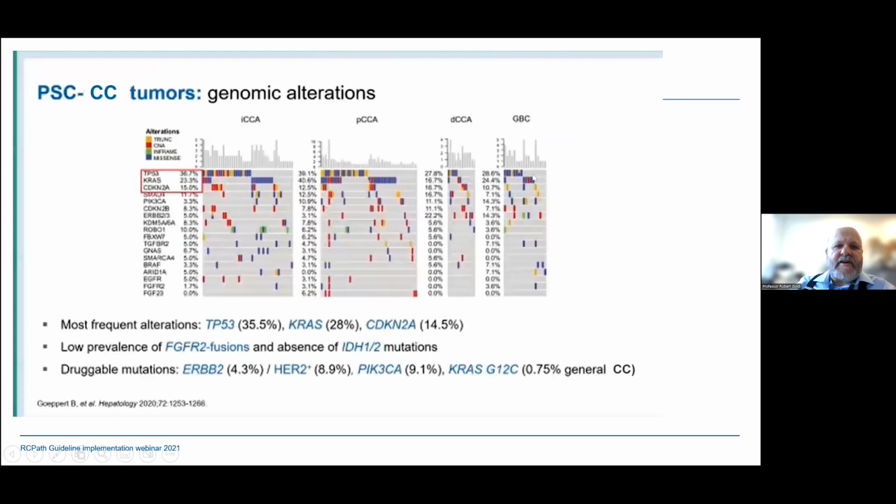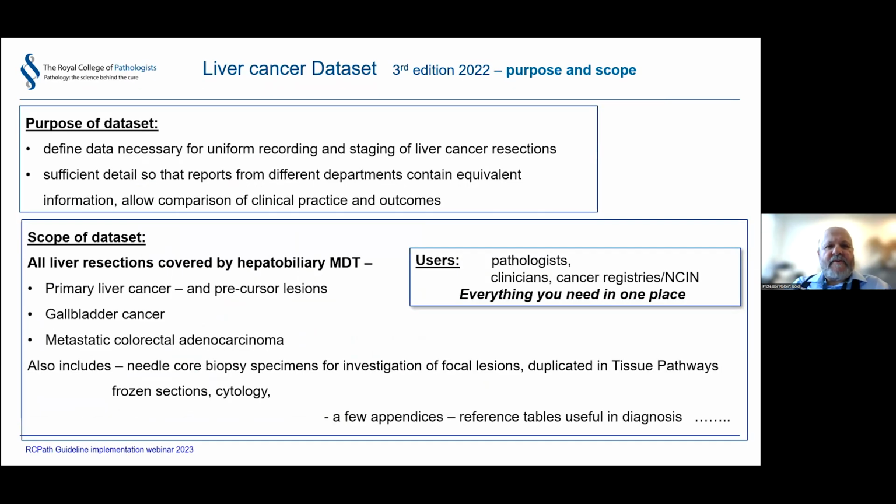The next slide, which is not from the guideline, is from PSC-related tumors, and shows a list of all the mutations that have been described and the druggable mutations in them. Different studies have shown different things, but to be fair, although it says low prevalence, FGFR2 and IDH1/2 mutations are quite frequent, and we're often asked for molecular studies. We could have a discussion about whether any of these should be done routinely, but I think this is an important point. The cholangiocarcinoma prognosis will get better, but it will get better if we as pathologists help by making sure the material is available. And that is happily the introductory slide.